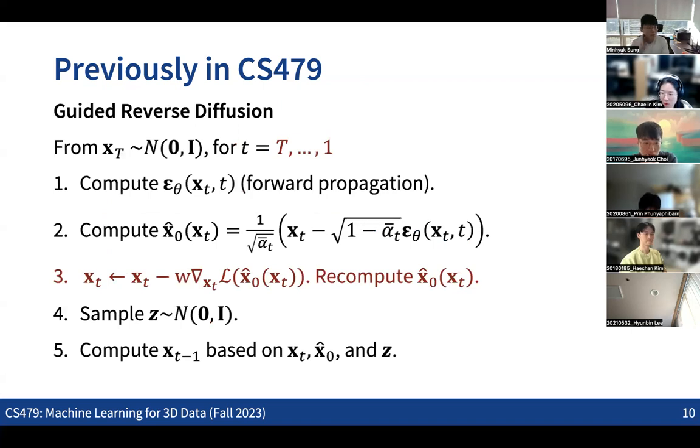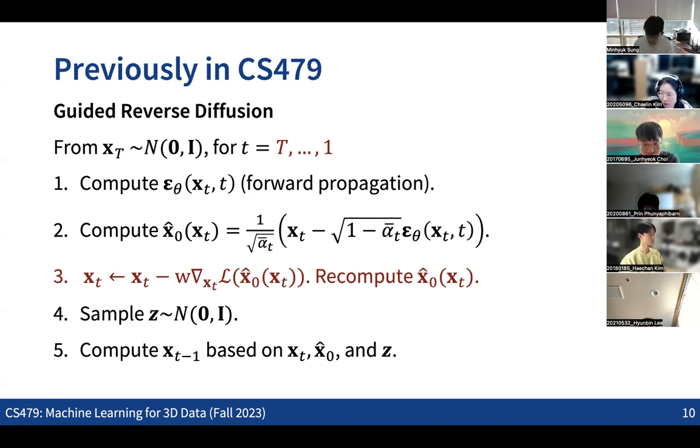And also another idea is how we can run some kind of guided reverse process. If we look at the reverse process for each transition, what we are doing is that given the noisy data, the xt, we are predicting the final output, the x0, based on the noise prediction that we are doing for each time step t here.